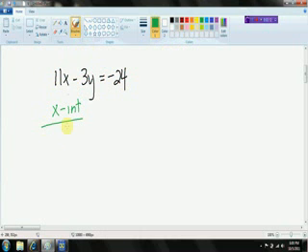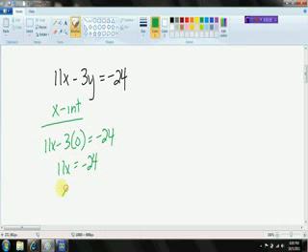So let's see here. To find the x-intercept, I'm going to put in a 0 for y, and I'm going to solve for x. So we have 11x equals negative 24, and the x-intercept then is negative 24 over 11,